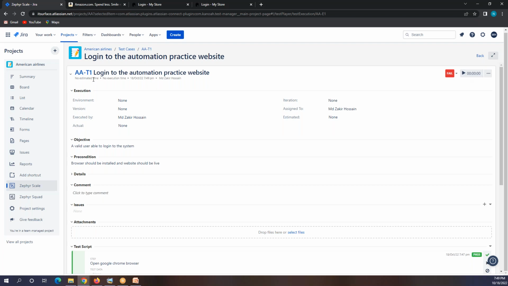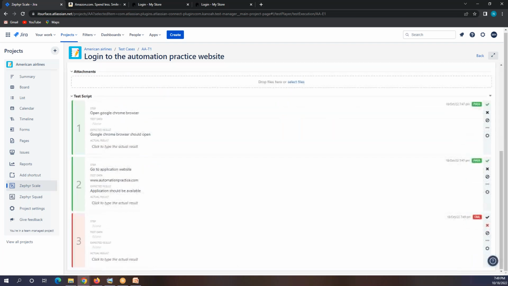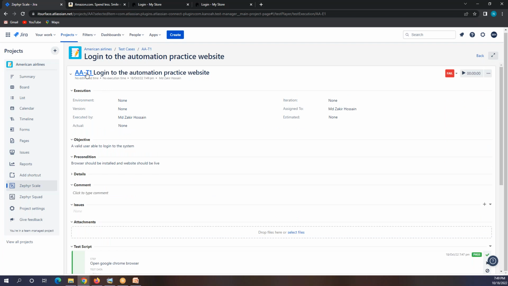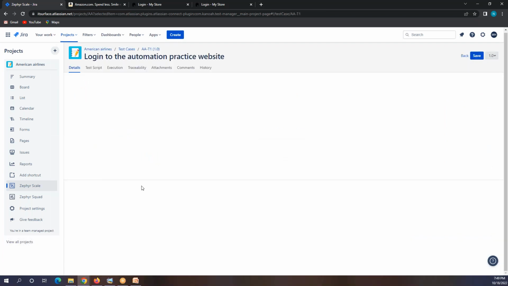Is there anything wrong after executing? If it is not showing us green, then the total test result will be red. Yes. At any point of time, if you find that a step didn't work, then you have to put this as fail, and then the total test case will fail.